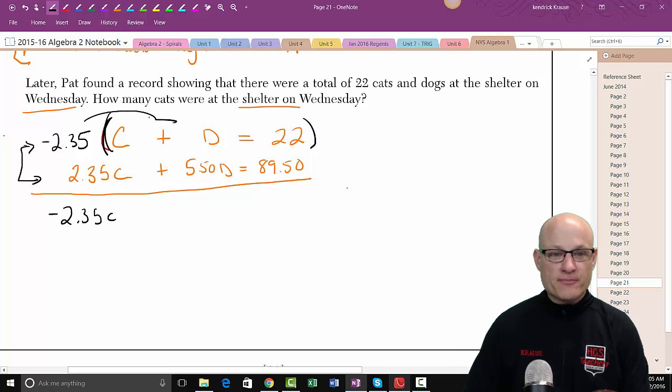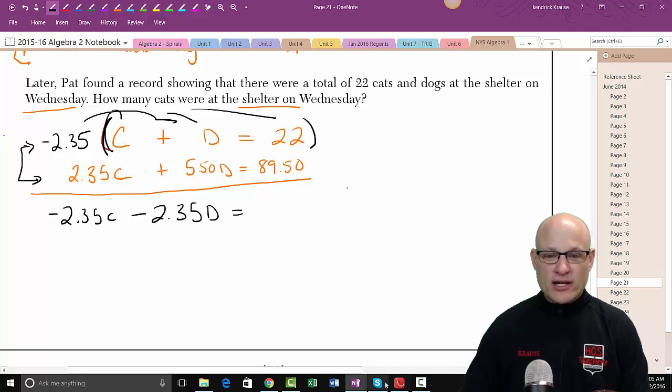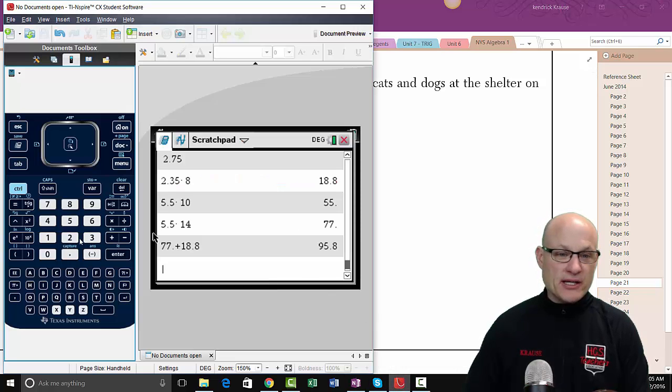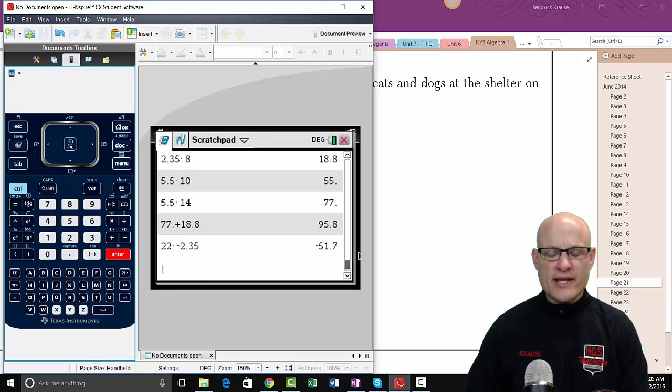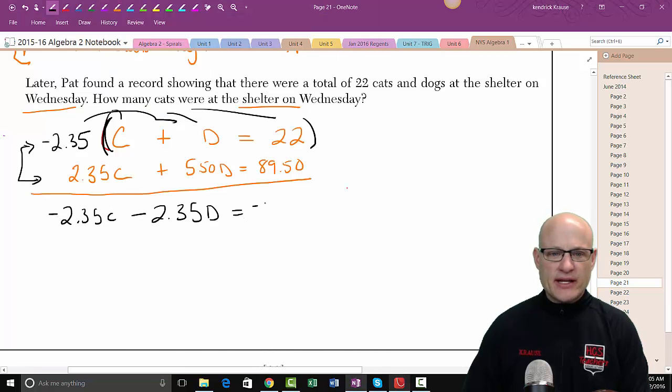Remember, we're going to distribute it here, and distribute it there. Minus 2.35D equals, I have no idea. By the way, we should probably be getting rid of the dogs instead of the cats, and I'll tell you why in a minute. Negative 2.35 times 22 is negative 51.70. And the other equation we'll just copy down,